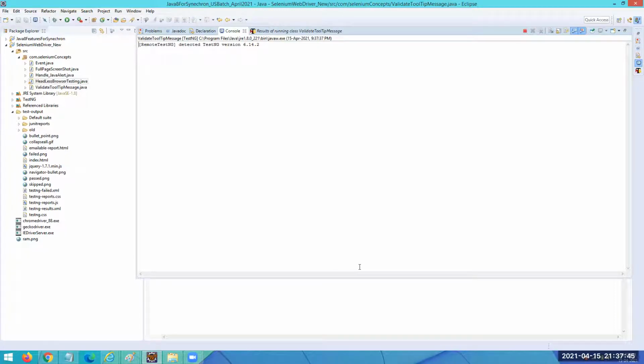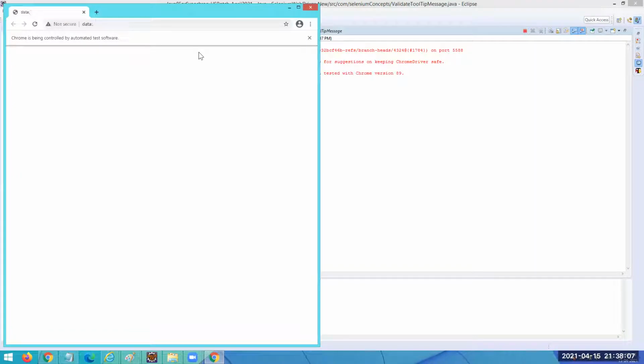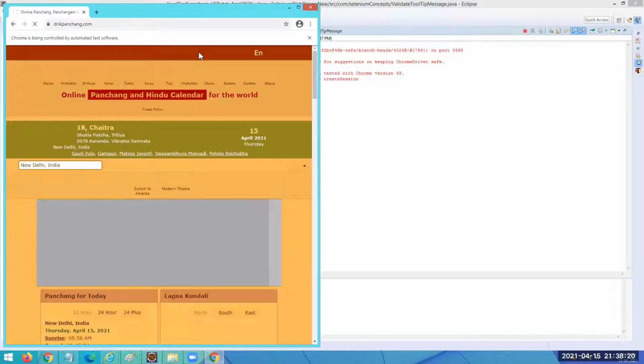So it's going to launch the Chrome browser now. It's taking time to launch. It's saying starting ChromeDriver 88.0. Then it has opened this. Now it has to open drikpanchang.com. Then once it maximizes the window, it has to get that attribute for this Mesha web element, and then print the tooltip message.